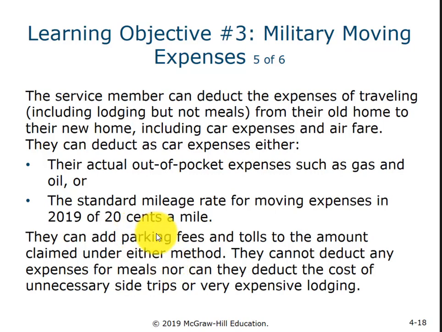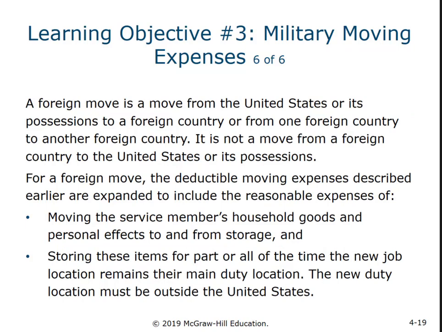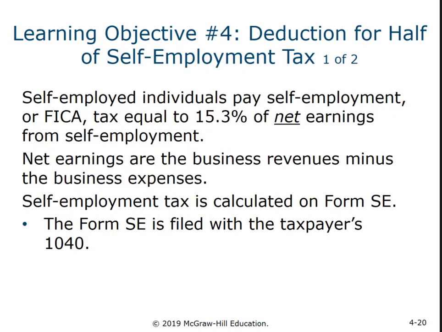However, either way, you get to take parking and tolls on top of it. So if you go on the Turnpike 76, the tolls are in addition to whatever one you use. Okay, you don't get to drive on it for lots of vacation. You've got to take the mileage from the most direct route to your new home. Foreign moves have some different rules. All right, so